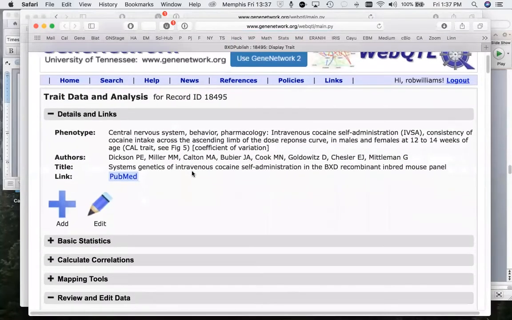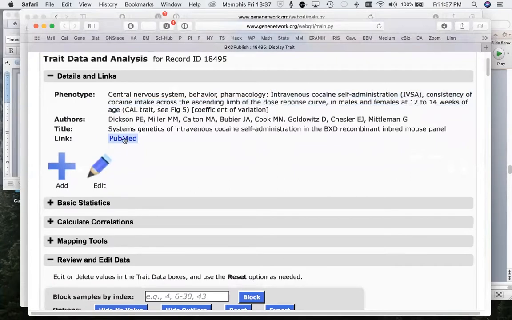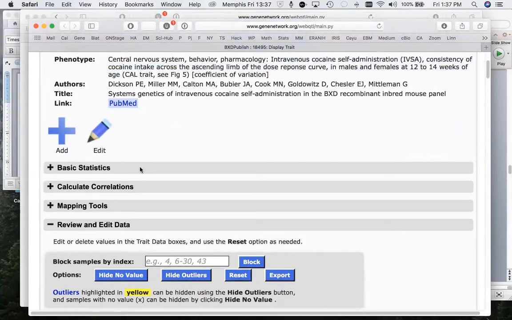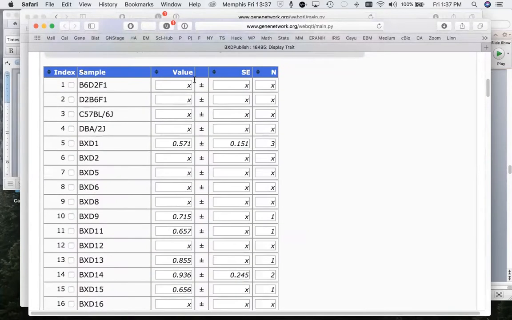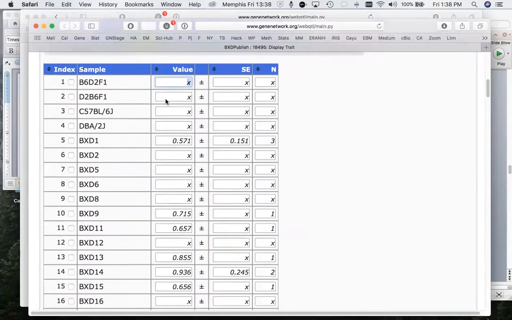So this is where the metadata becomes a hassle. We have to define our own phenotypes. So we've got a little sort of mini ontology going here. Central nervous system behavior pharmacology, that's our controlled vocabulary, very simple. Then a description that we've gotten from the authors usually, and I often have to beat them over the head several times to get these. Then if it's from a figure in the paper, we may have that, and then the units in square brackets, linked to PubMed. And what does this vector look like? Well, here it is. These are all the individuals that have been studied. If it's X, that means there's no data for that particular member of the family.